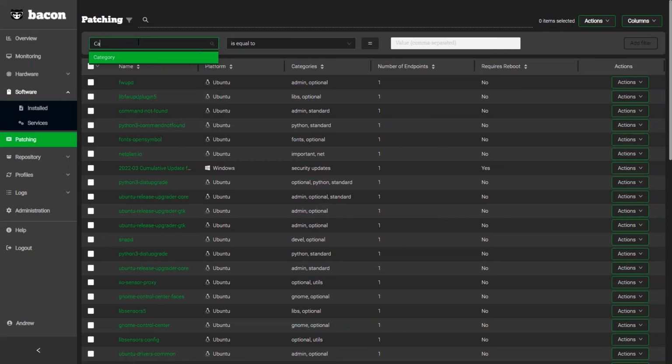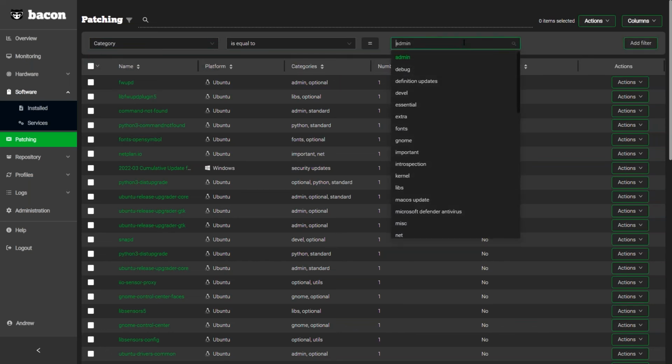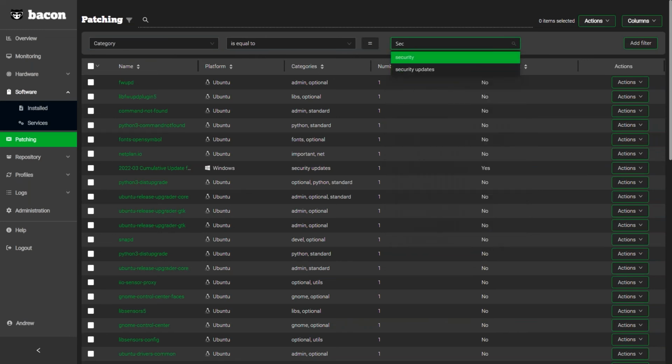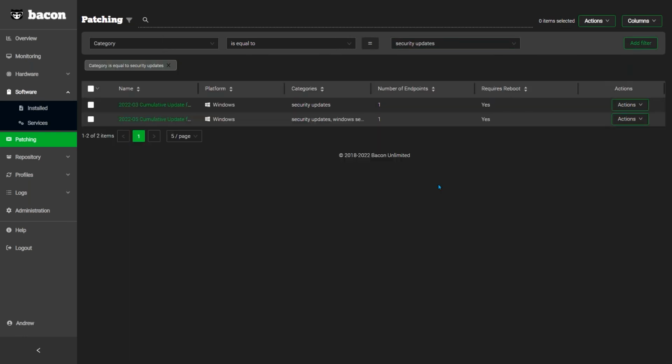Let's say category is equal to, and I'm going to just start typing security. One of the things that I want you to see is we have security updates right here, and this list is not an exhaustive list, but I just want to call out that in order to make Bacon as cross-platform as possible and make sure that we're treating each endpoint from the user experience the same, we've done a lot of work on the back end in order to